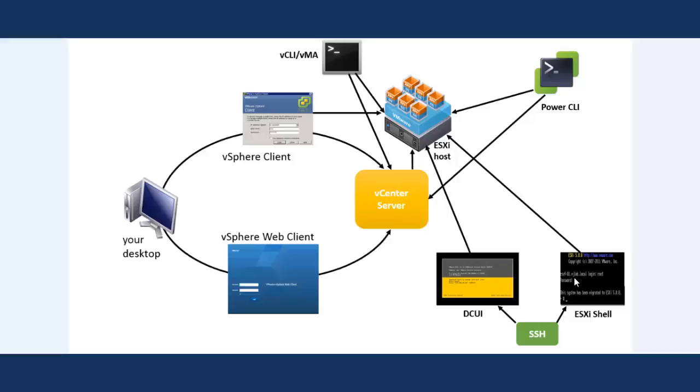And remember, the ESXi shell is disabled by default. You need the DCUI to enable the ESXi shell. Once enabled, you can switch to the ESXi shell. But it is not always possible to connect with the ESXi host locally.